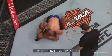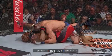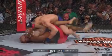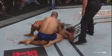Full mount, lost it, half guard. Oh! Nasty elbows by Whittaker. Romero trying to get to full guard, can't make it. Trying to get back up to his feet. Distance in this UFC interim middleweight championship fight tonight. Both fighters